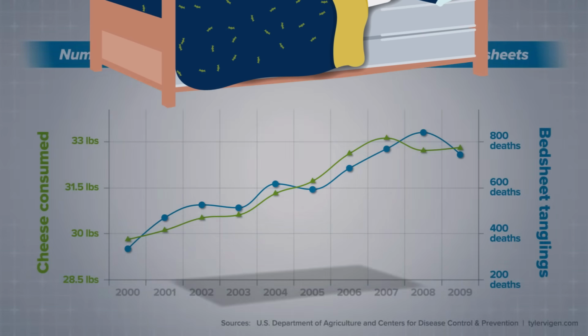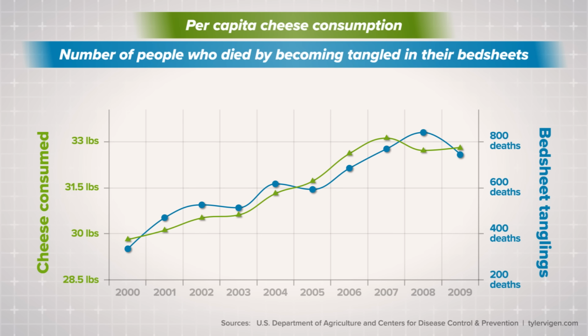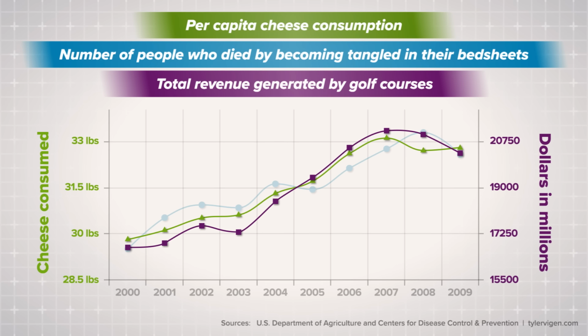So, while the data appear to say that cheese consumption and bedsheet deaths both increase at the same time, we need someone, like an epidemiologist, to examine and interpret the data to tell us whether that actually means anything, or if cheese consumption just happens at a similar rate to a lot of other things. To successfully interpret data, epidemiologists need to rely on several pieces of evidence. While the British Doctors Study was one of the first population-level studies that linked smoking to lung cancer, this wasn't a new idea at the time.